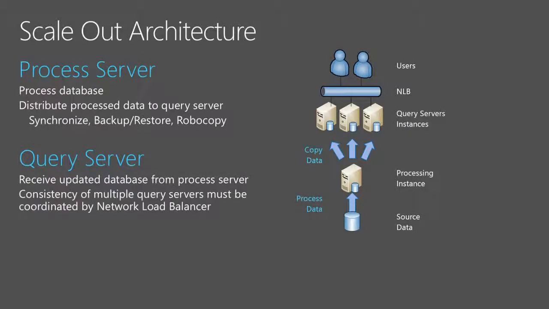But the scale out is simply a duplication of the database with the same techniques that you can use in multidimensional. So usually we have a process server that runs the process. If you have a large database, the processing time could be very, very long. So we process the database, and we deploy this database in different query servers, so that different query servers will receive queries made by different users. This is fundamentally the same architecture that you can find documented for Analysis Services multidimensional. It works well also for tabular.